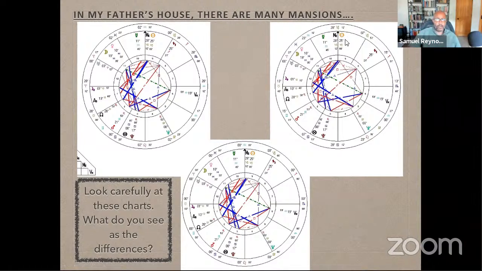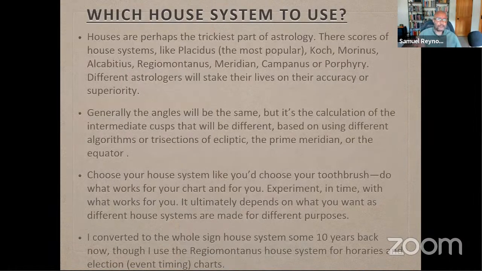wasn't, like you could also have a sun that ends up in the 10th as versus a sun in the 9th. So for instance, with my chart, if I do it one particular way using one house system called Campanus, it ends up in the eighth. As versus most other house systems, my sun ends up in the ninth. There's a difference between having a ninth house sun and an eighth house sun. So which house system do you use?